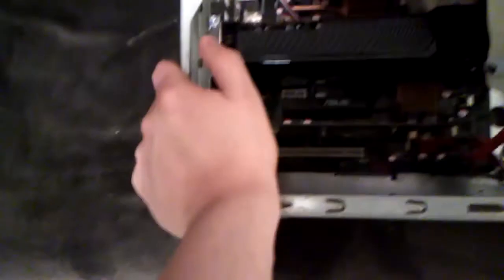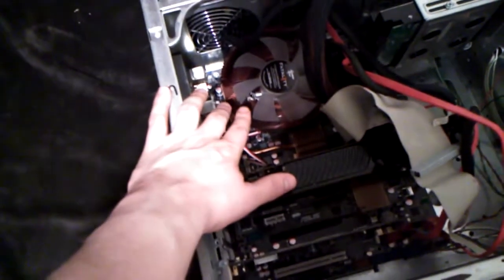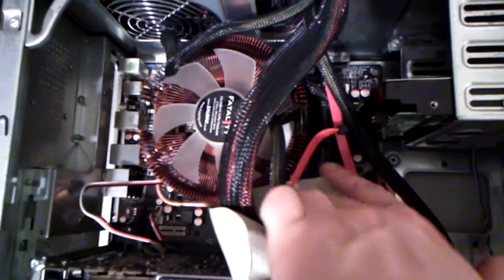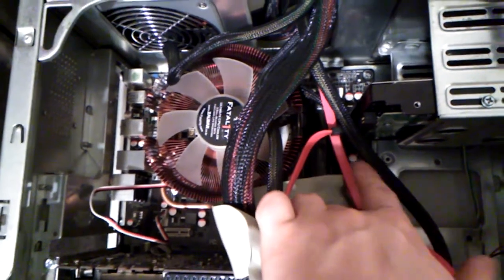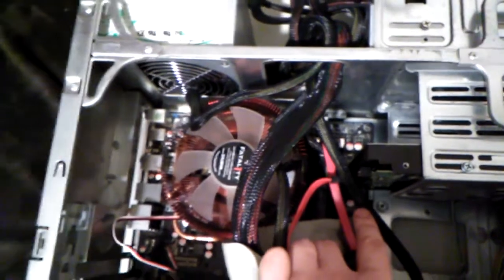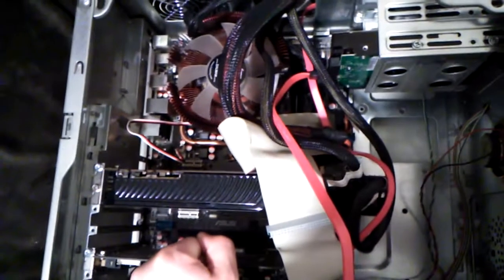So just quickly taking a look, it's the Asus P5Q Pro motherboard, if I remember well, and it has the X600 running at 3.0 gigahertz, and I have 4 gigabytes of DDR2 memory in dual channel running at 1066, so it's pretty cool. And I have this Nexus 430 power supply, and I will use Windows XP